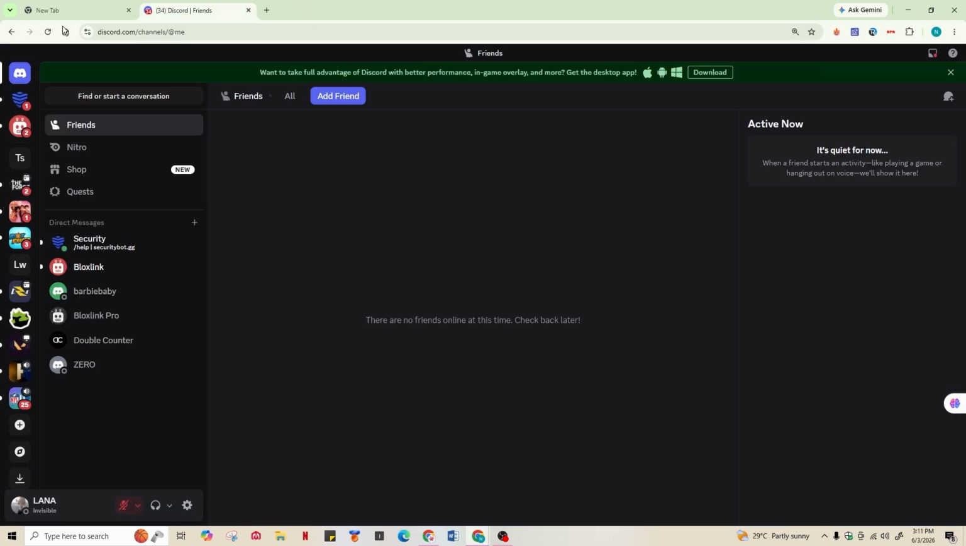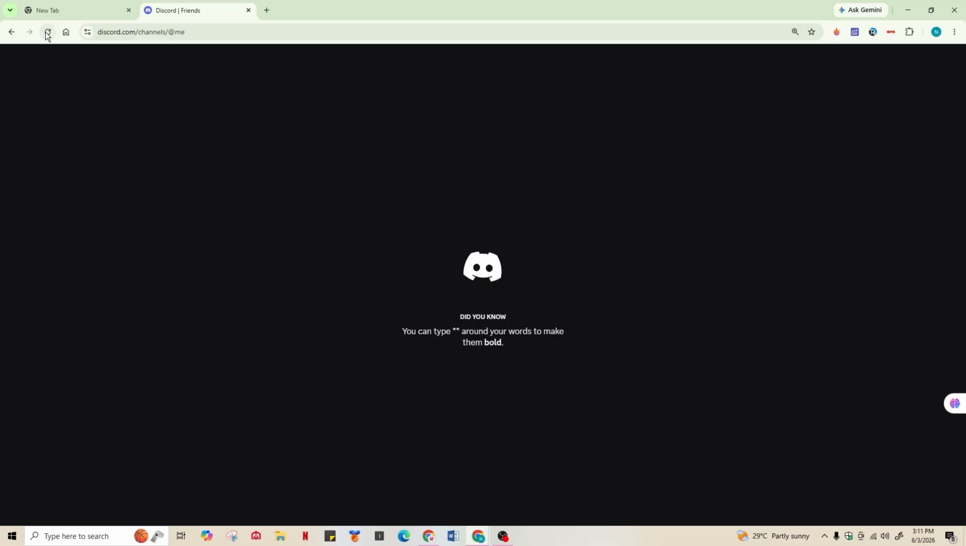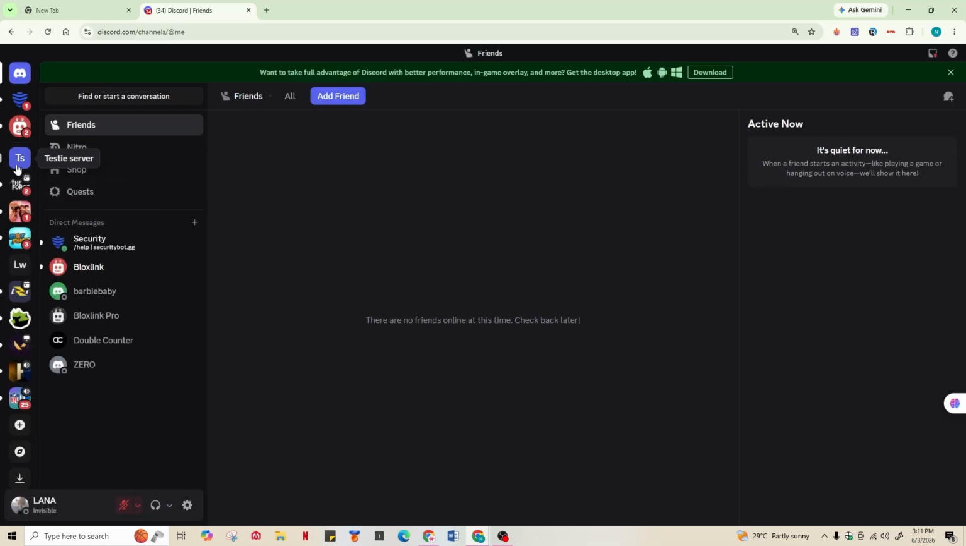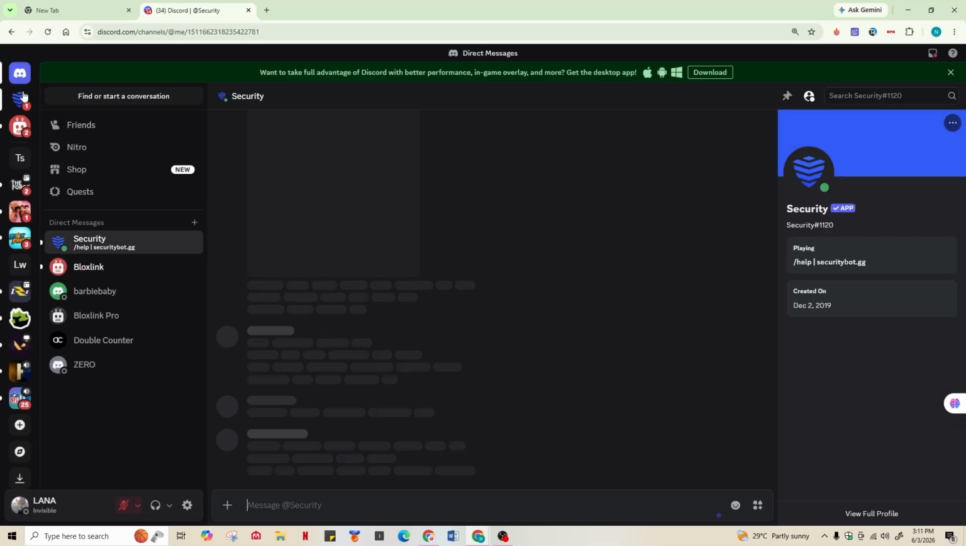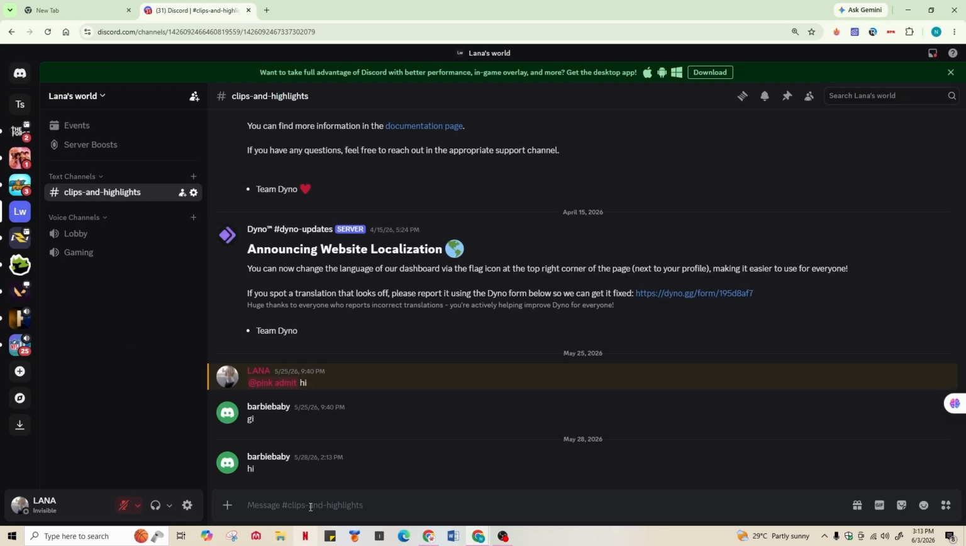Now you can close this window, open Discord or refresh your Discord window. Go to that specific server where you added the security bot. Now you need to go back to Discord server. Type in